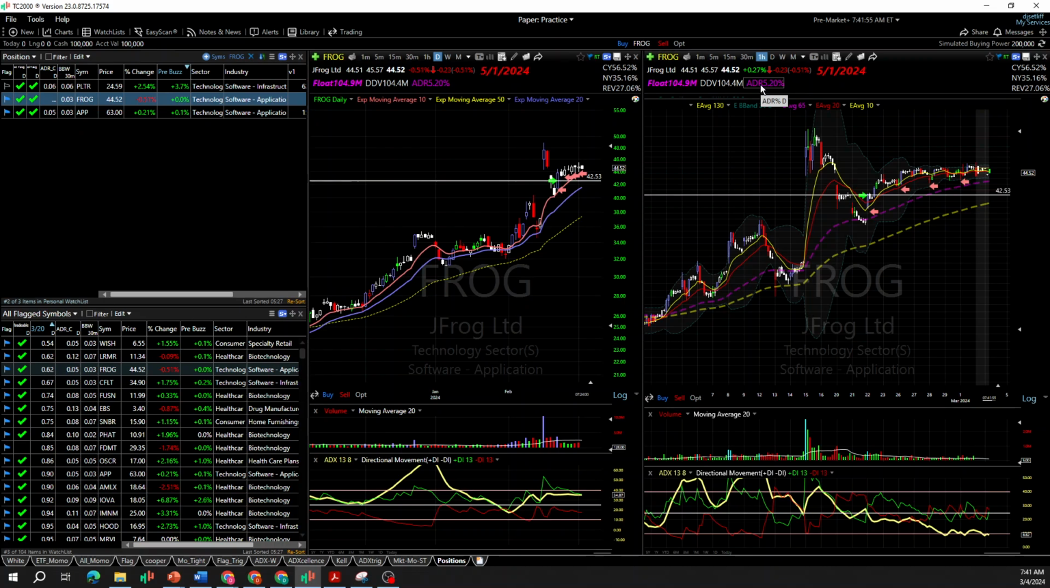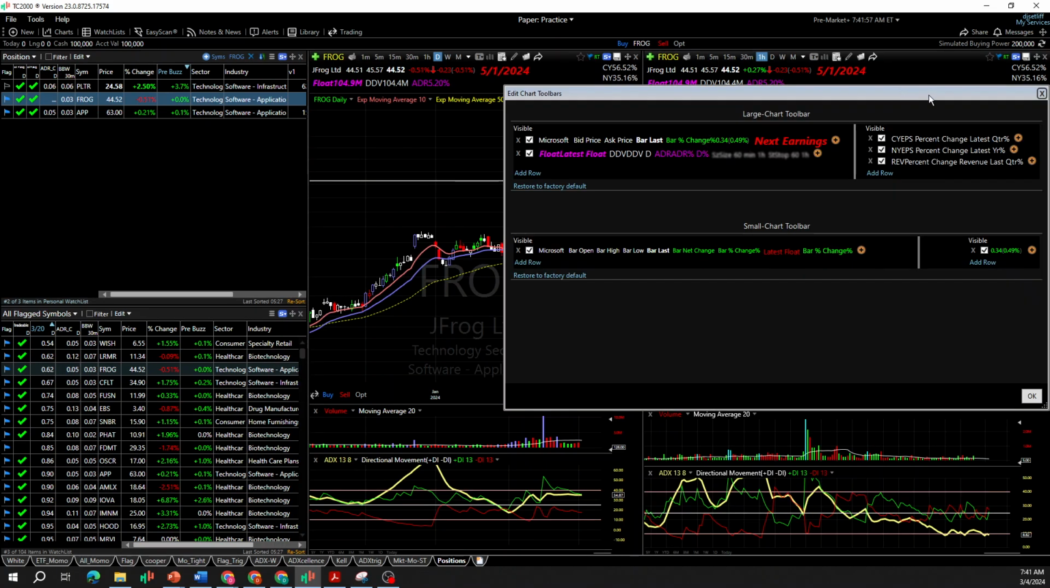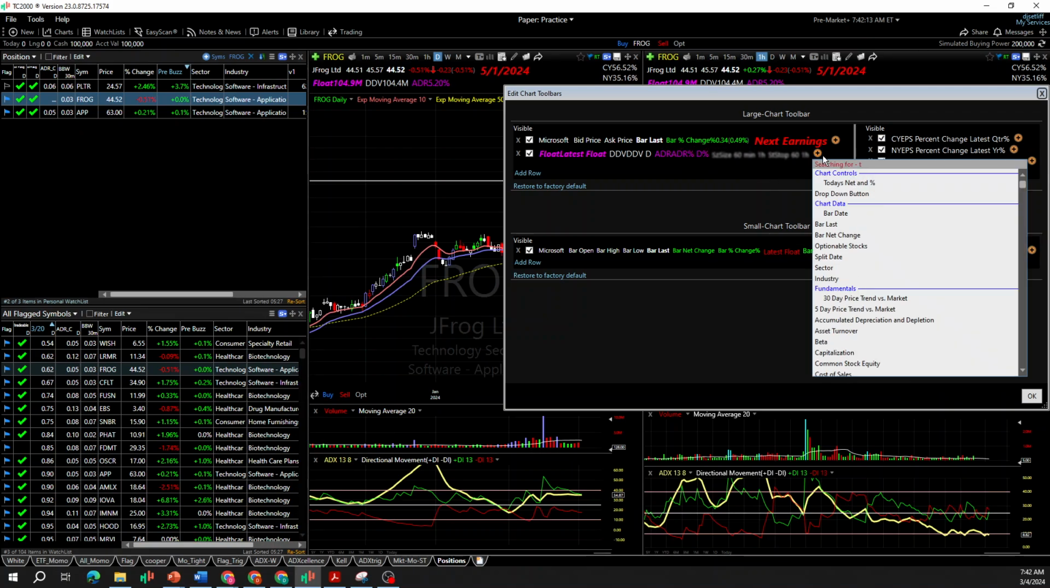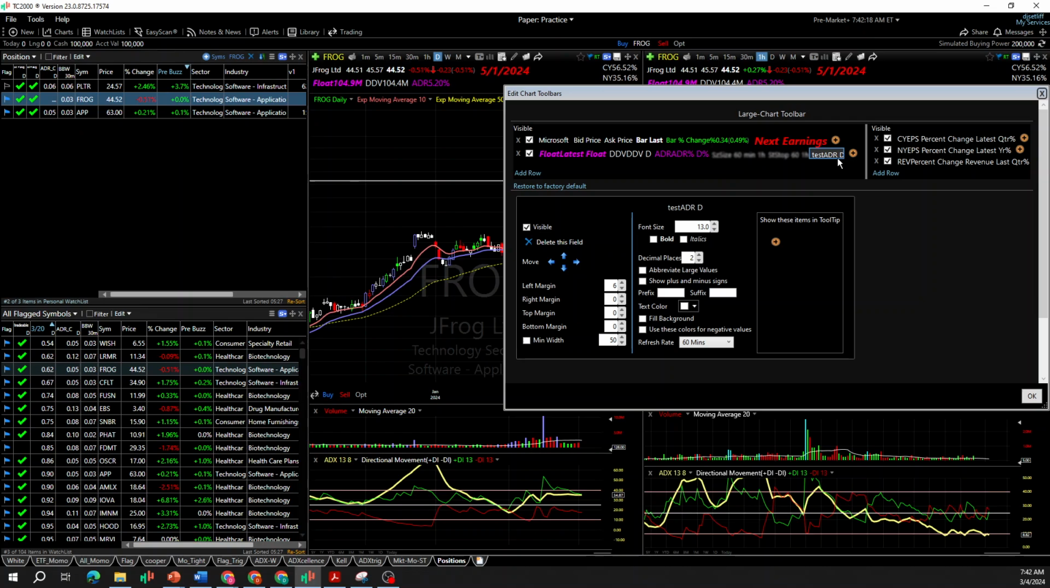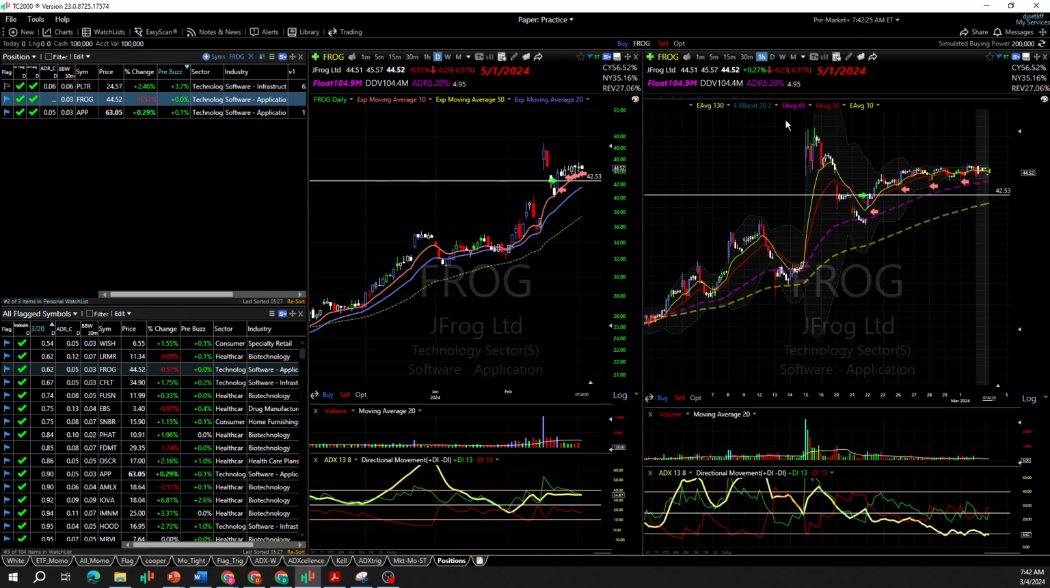But I already have the ADR here, for instance. But if I just want to add, I can just go to this row. You can add as many rows as you want. I try not to get my screen too cluttered, because the more rows you add, the smaller it makes your chart, which I don't necessarily like. So if we just go to this test ADR, this is the one that we created earlier. And I'm not going to change any of these. This is just for demonstration purposes, but if I hit OK,